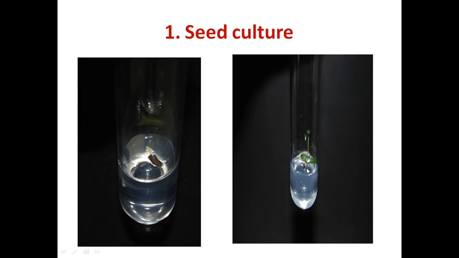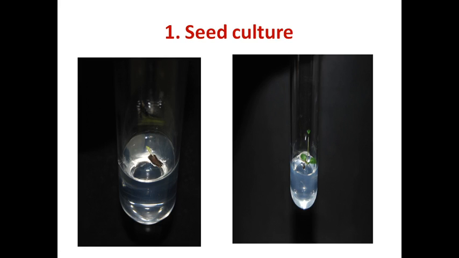And this entire plant is a sterile, aseptically grown plant, which helps in better maintenance of aseptic conditions. We can use it in further experiments. We can use the leaf for callus culture, the cotyledonary part for callus culture, and a nodal segment for axillary bud culture, like that. Then we can use the shoot apex for meristem culture or apical meristem culture.